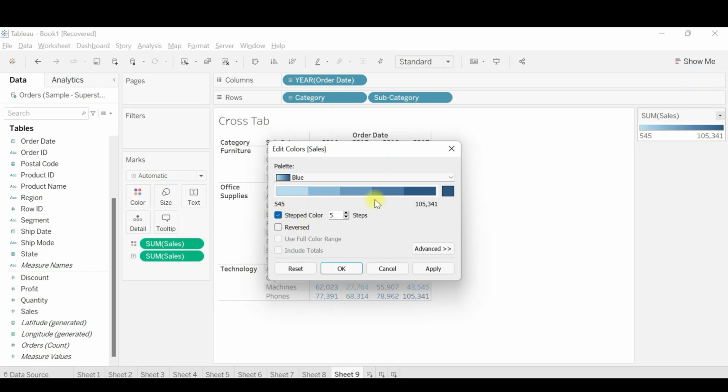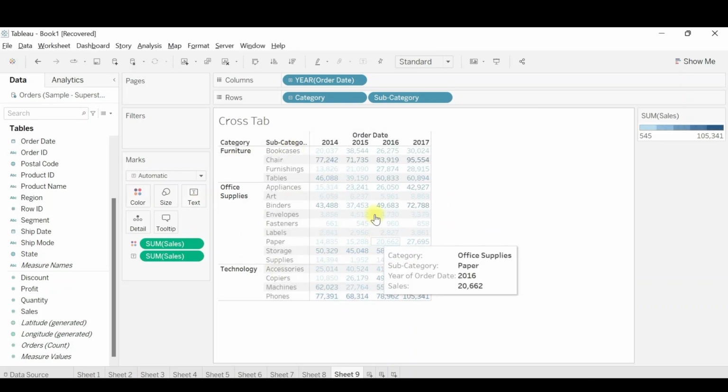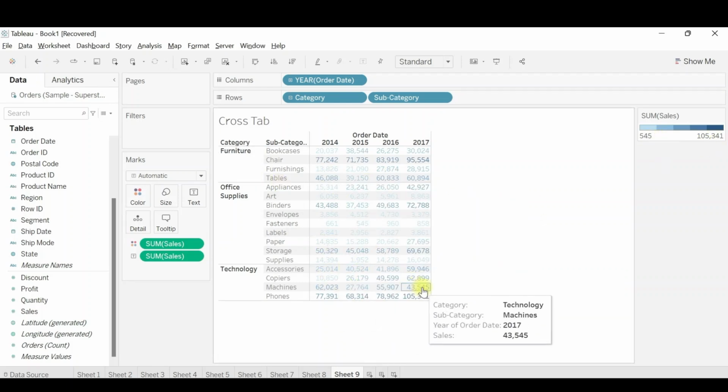Whichever we want, we can, and we are well aware of it from our previous sessions. So we can click on apply and OK. Depending upon the color range, the colors would be segregated. This is again one of the use cases that we can prefer to use. Thus, these are various formatting options that we can do on a crosstab.